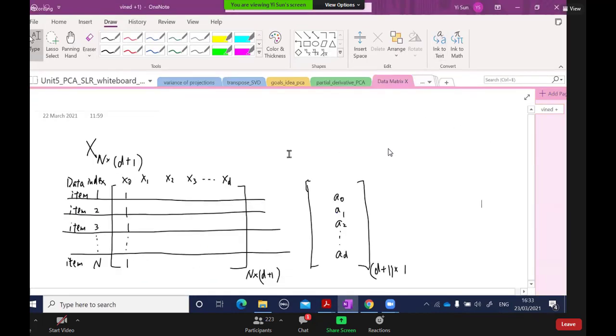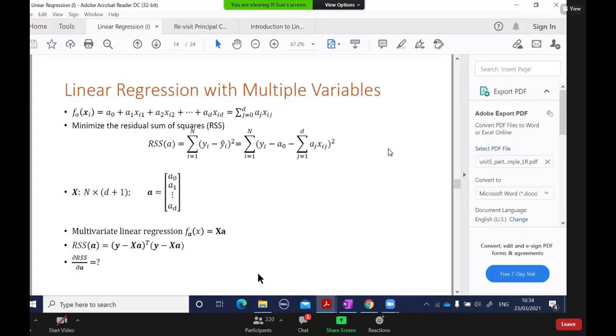Let's imagine we have a data matrix. We have D features, x1, x2, x3. I will explain here later. So we have D features, and then i is the index for each row, each data row here. Have a look at here.